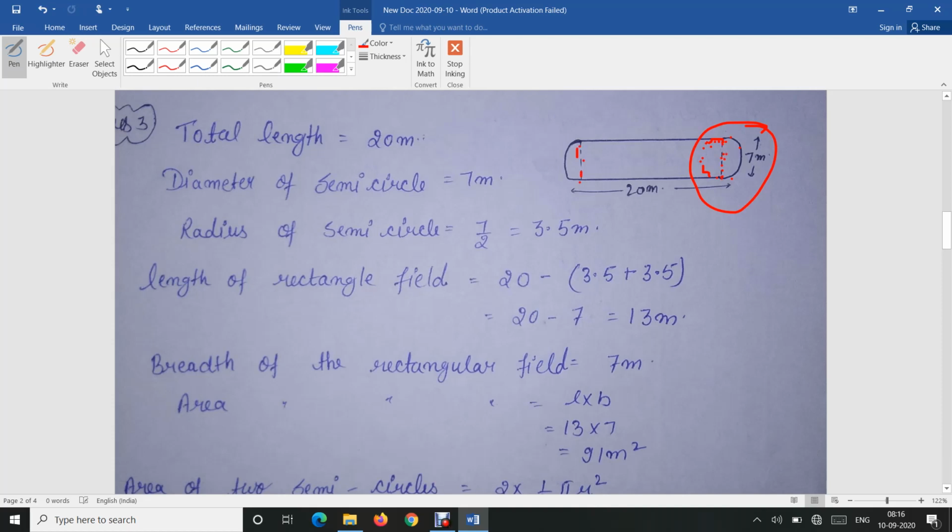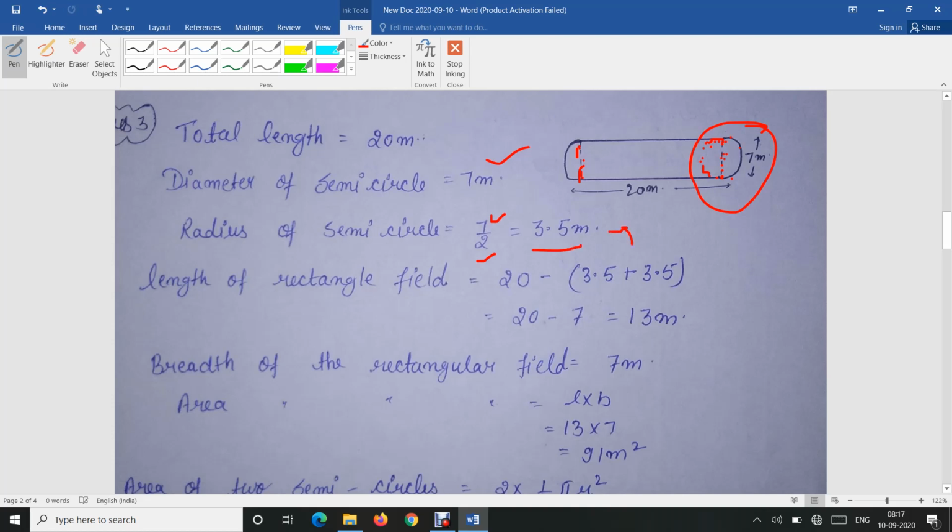Similarly, this is the diameter of this semicircle. So the diameter of the semicircle that is given is 7 meter, and from here we can find the radius, because we know that radius is equal to diameter divided by 2, because the radius is half of the diameter. So the radius of the semicircle is equal to 7 divided by 2,